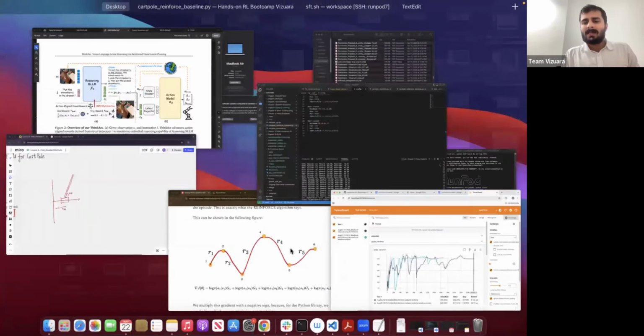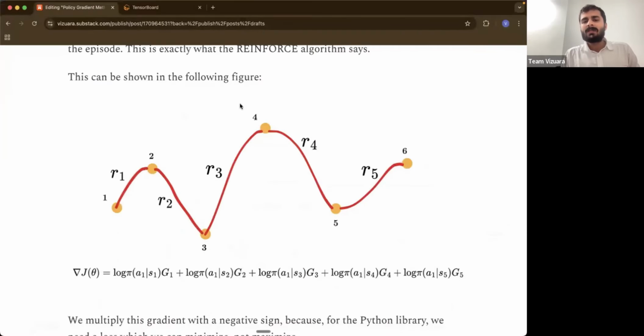Now, as I mentioned before, the baseline, which is